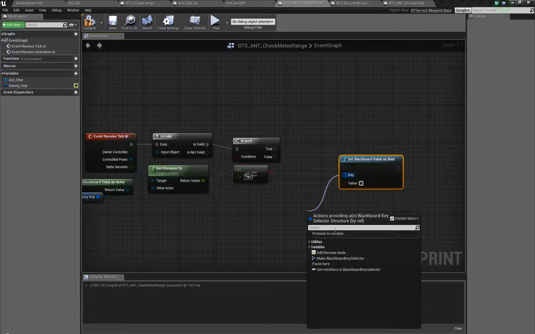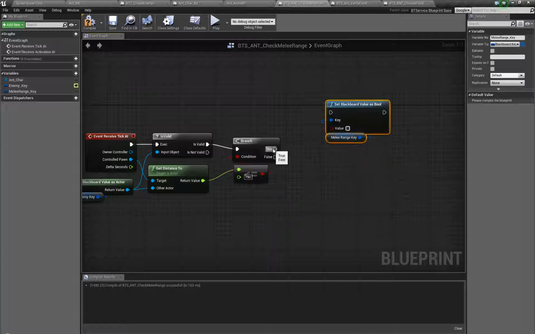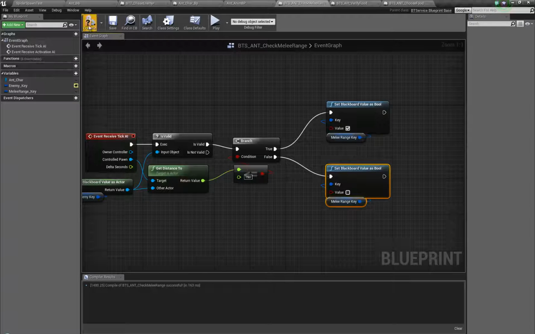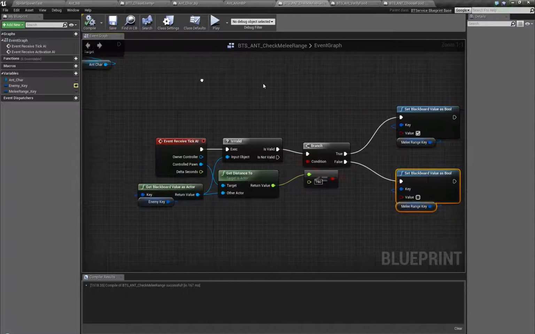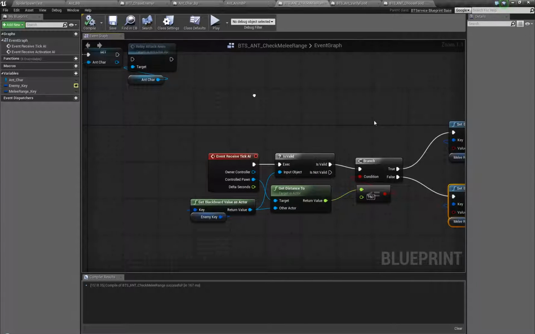Go ahead and promote that. Melee range key. If we are under that, that becomes true. If we are not, that becomes false. And that's about all we actually need, to be honest with you. Now,